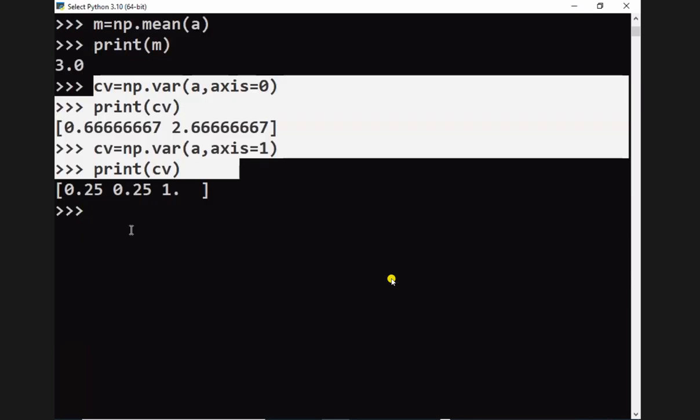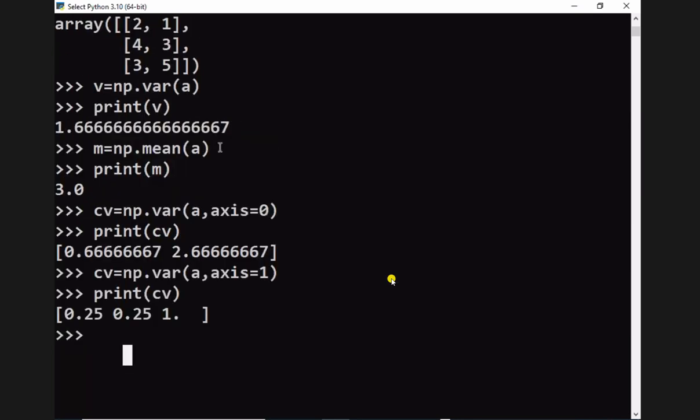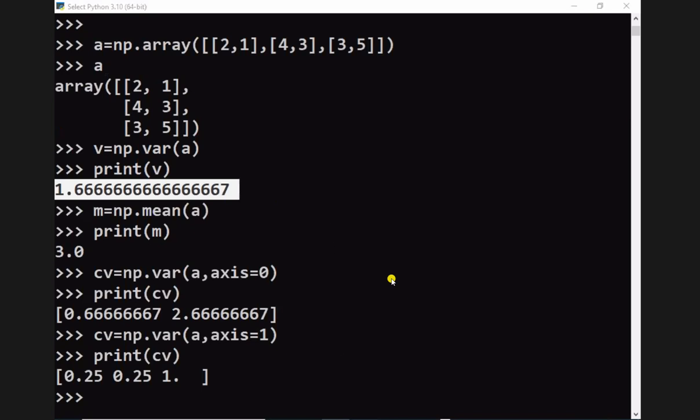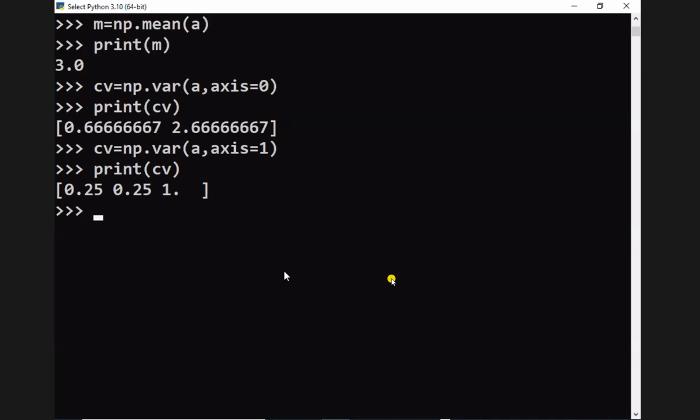Now standard deviation I want to get. Standard deviation is nothing but the square root of the given variance. The formula for standard deviation is the square root of variance. How do you find the square root of the variance? So S is equal to np dot standard deviation of